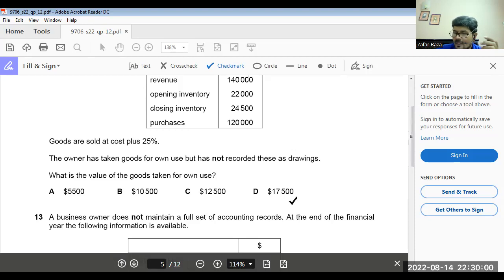28,000. Okay. It means 1,40,000 multiplied by 80% is cost. 112,000 is the amount of cost. Add closing inventory 24,500 minus opening inventory 22,000. 1,40,000 multiplied by 80% gives 112,000, plus closing inventory 24,500 minus opening inventory 22,000, gives 114,000, minus 20,000 purchases,